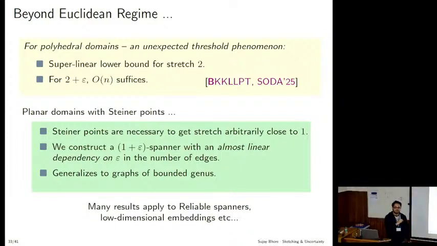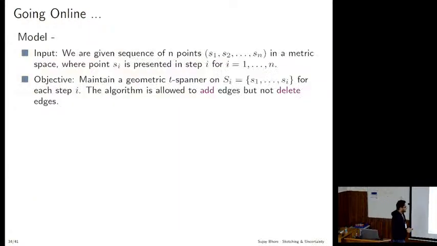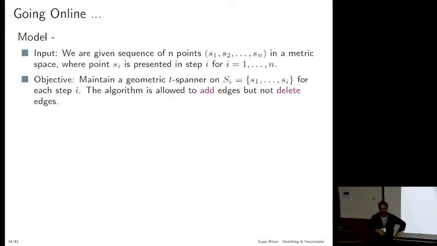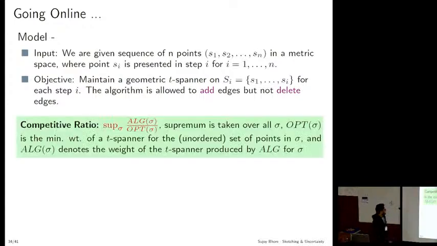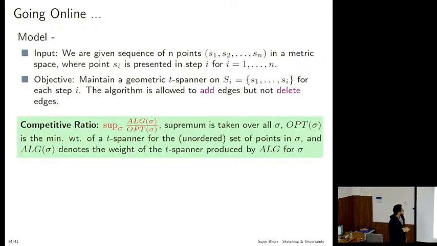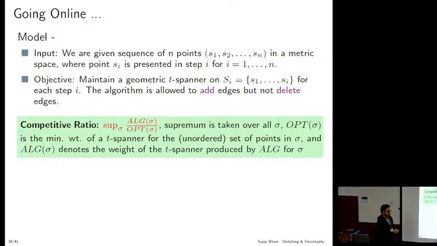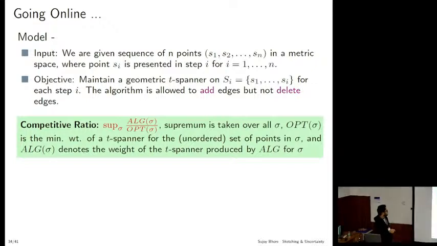for certain problems, even in the online regime, you experience everything together. So in the online setup, of course, you don't know about the point set. You don't even have information what metric you are dealing with. So the points are arriving one by one. Now, because of the online constraint, you can add something to the construction, but you cannot delete anything. Of course, you will measure it with the so-called competitive ratio, supremum over the sequence. Opt in hindsight knows everything, and the algorithm is charged based on that.